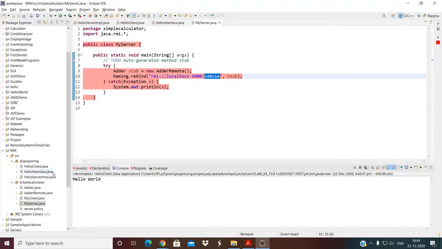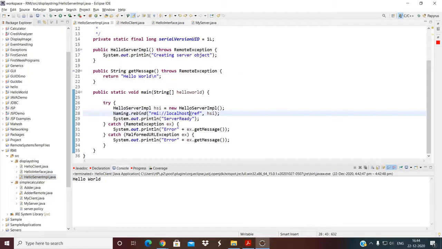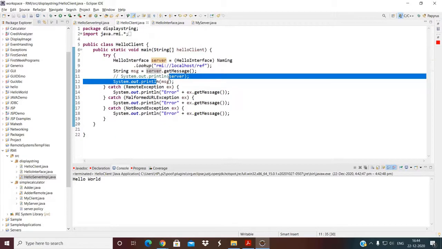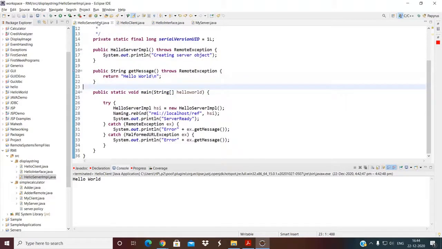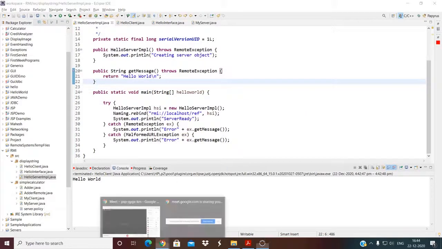Now you might be asking one question: what if I want to emulate or simulate the use of RMI from one machine to another machine? What I have demonstrated here is that both server and client have been running on the same machine. What steps are required, or what is your opinion, if I want to run the server on this machine and the client on some other machine which is connected to the internet? Can anyone at least give a guess as to what modifications are required to achieve this? I am waiting for the answers.